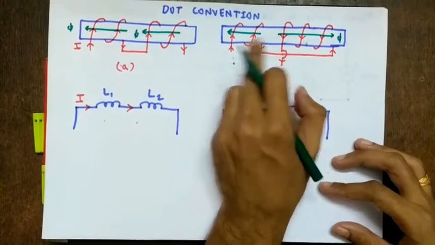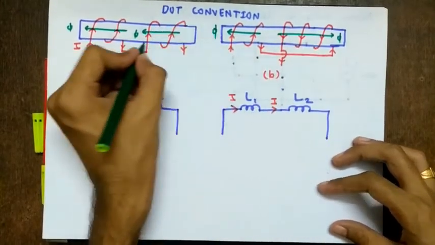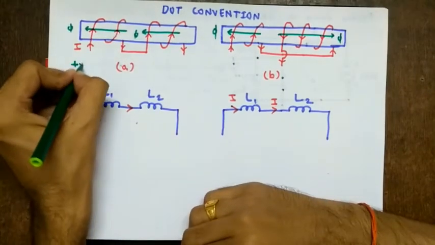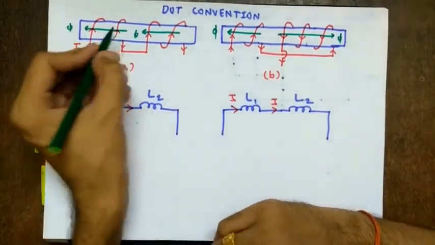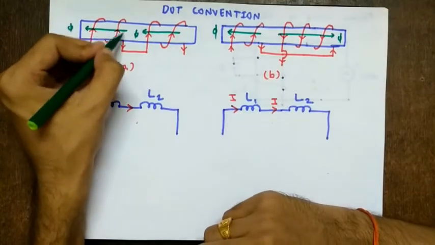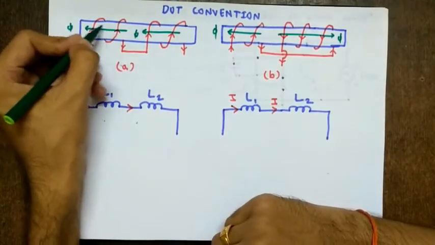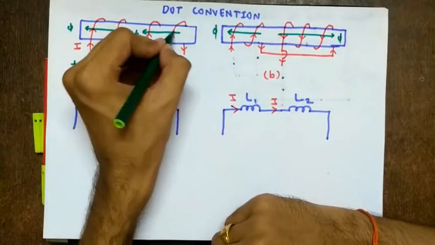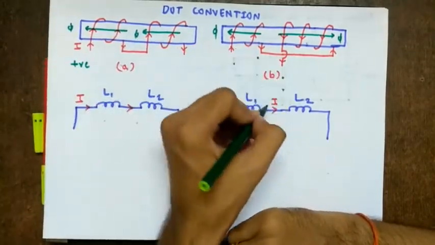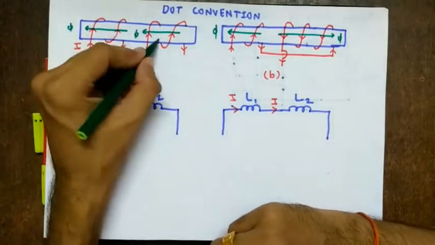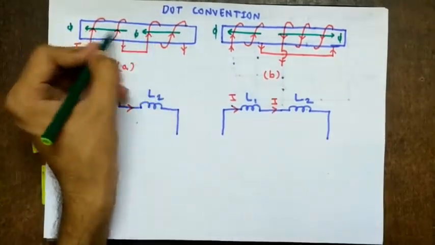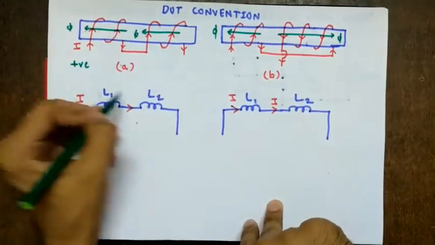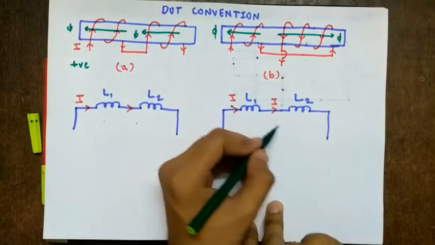So what is happening here? Fluxes are in opposite directions. Here they are in the same direction, right? So here the mutual inductance, we say, is positive. What is mutual inductance? Now we know this is a coil. So a coil is modeled as an inductor, right? That's why it is drawn as an inductor here. Then this is also a coil, so it is modeled as an inductor. Same over here, right? So now we need to check the mutual inductance. These two will generate a mutual inductance between them since they are close. So how to represent this mutual inductance in this circuit, right?